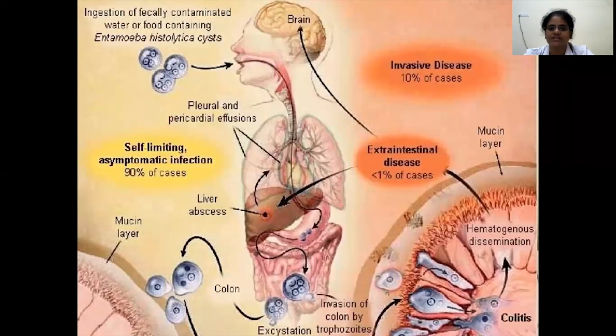In 90% of patients, these motile trophozoites present as commensals. They move down the intestine, and in the colon they get encysted, initially as two nucleate cysts and then four nucleate cysts are formed in the cecum, and then this will be excreted in the feces. This happens in 90% of asymptomatic infections. These are self-limiting. The other 10% is the invasive disease, which comprises intestinal disease and extraintestinal disease.